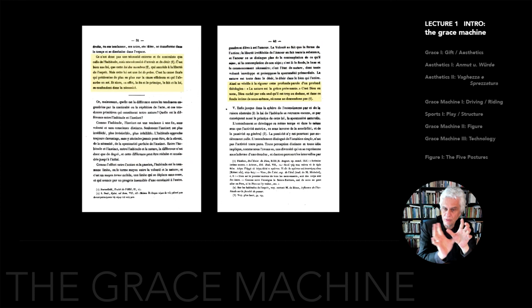Ravaisson did a 30-year study of the Venus de Milo. He was very interested in this whole idea of the serpentine figure that we know from Hogarth and mannerism, obviously. So that's how all this research comes into the philosopher of habit, Félix Ravaisson, just from the book De l'Habitude, right? So it's on habit. But he actually describes it as prevenient grace, right? So habit is quite directly related to grace,